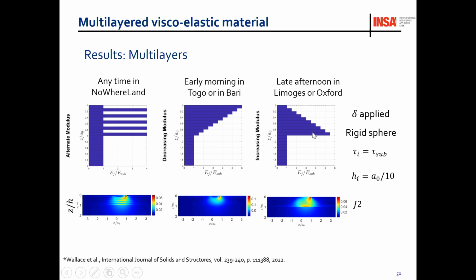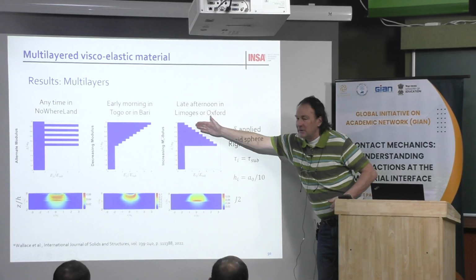And it can be the opposite. Sometimes in a cold country, in Brittany, it's raining a lot, it's cold. But sometimes it can be sunny. Then if it is sunny all day, the temperature of the asphalt will increase, and then the Young modulus will decrease. This type of situation can be realistic for that.